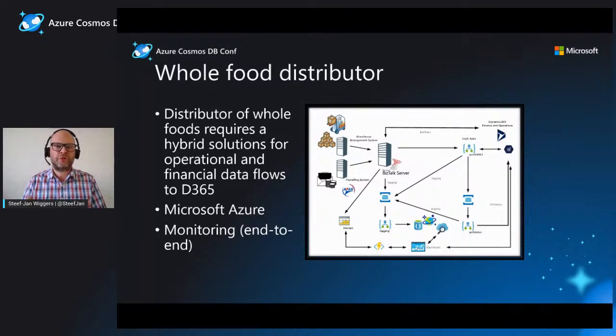But for a food distributor, we built up a solution where financial and operational data was being pushed into Dynamics 365 Finance and Operations, which is currently now Finance and Supply Chain Management, still the same Dynamics system, but a different naming. And we pushed some of that data, mapped a bit, to a logic app, which sits as a barrier between those systems, and then pushed the payload to what's called a recurring job. There were no business event implementations back then, so the ID coming back from the recurring job was